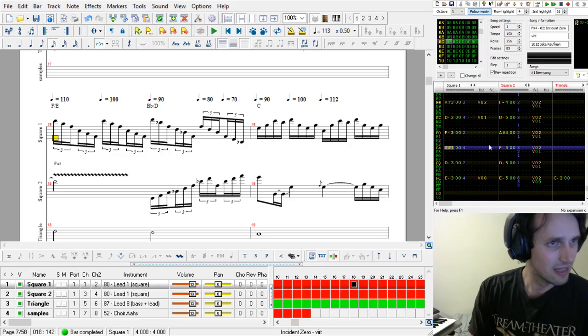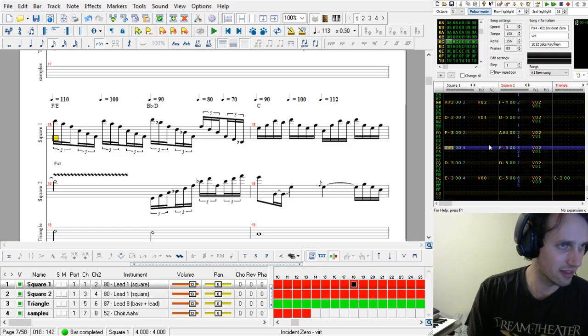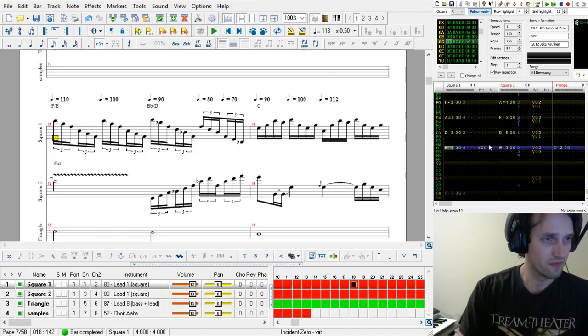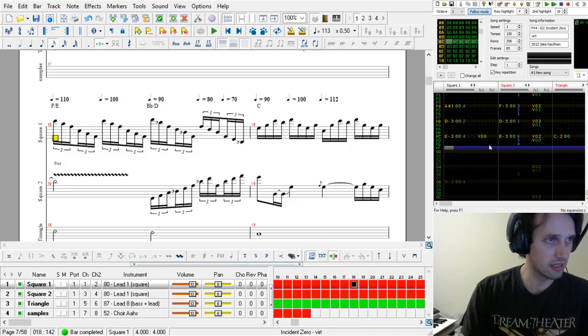Now, these are just actual 16th notes now at our original tempo, but they don't feel that way. And then things get really far apart here on this E chord.